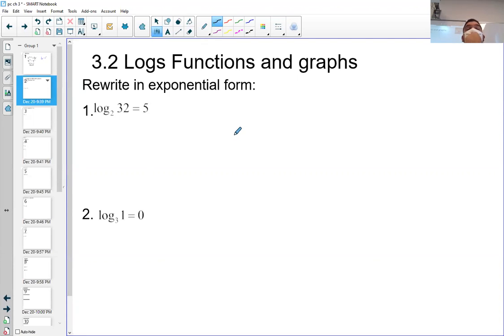All right. Okay, so we're going to do rewriting into exponential form. Whenever you get rid of a log or move a log to the other side, it becomes the base of an exponent. So this base of 2, when moved to the other side, will become the base of an exponent. So 32 equals 2, and it picks up that 5 and makes it an exponent. So 2 to the 5th power